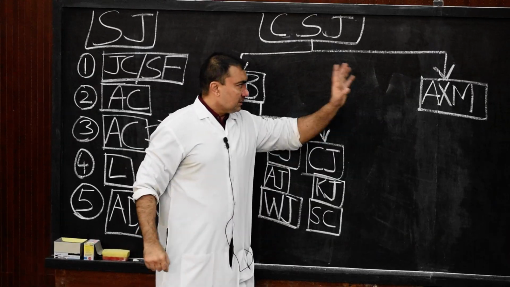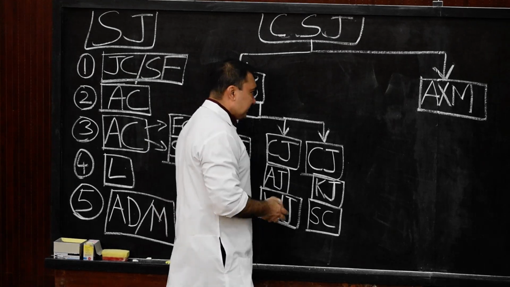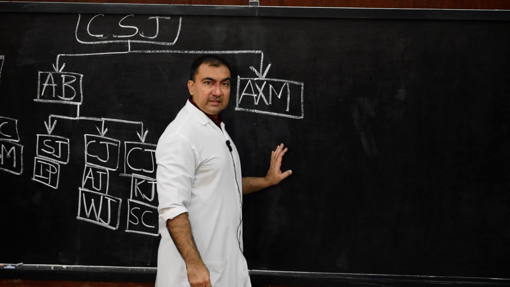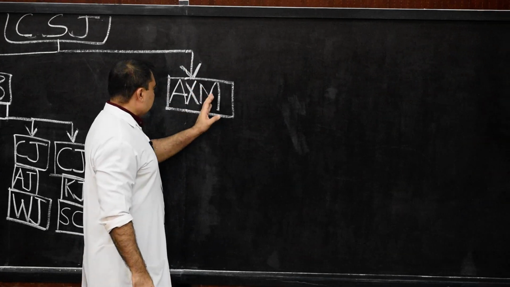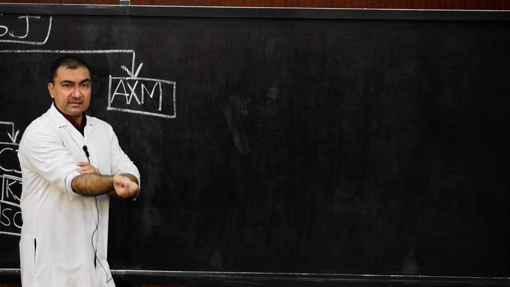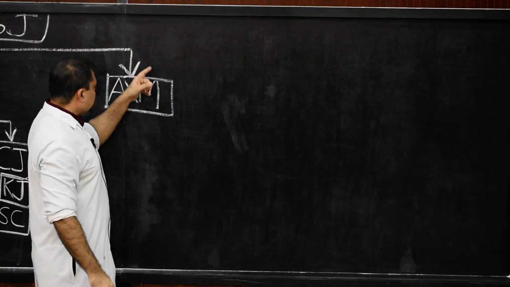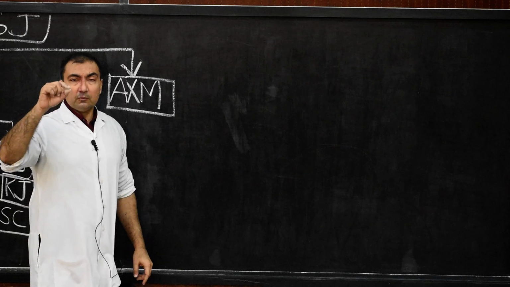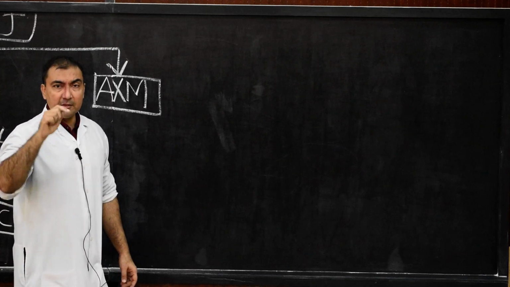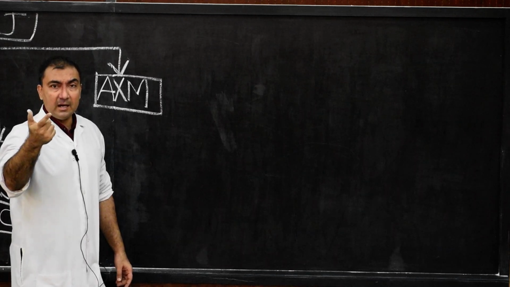Now we go to axial joints. Please come on this side. We will take this entire board. So therefore now, classification of synovial joints based upon the axis of movements. This classification is based upon what is the axis, or what are the axes. Singular is axis and plural is axes.